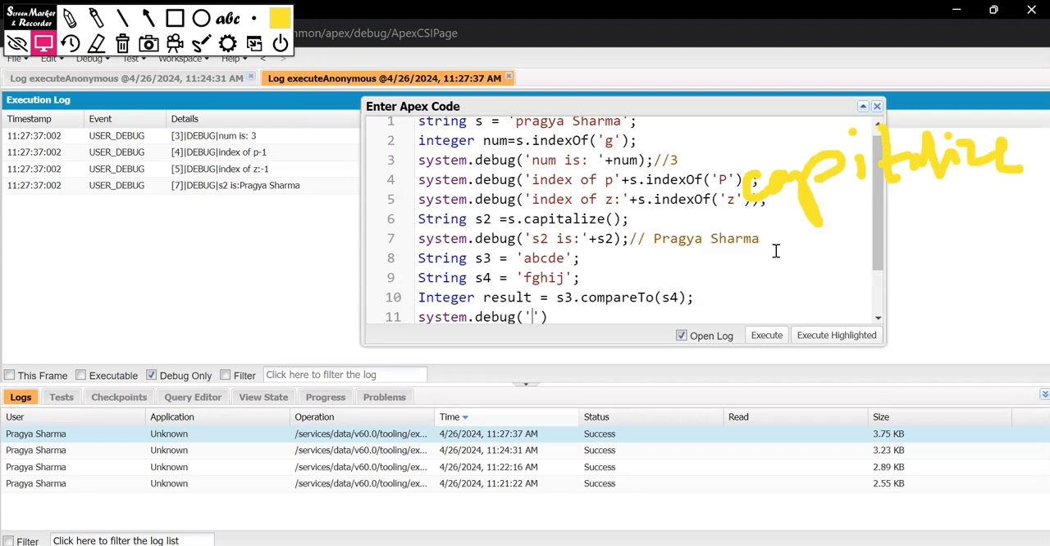It's going to be a negative value because ABCDE comes before FGHIJ in the dictionary, right? In the lexicographical order, ABC would come before. So the output of the program will be a negative value. Result will be a negative value. So if I go ahead and display the value of result,